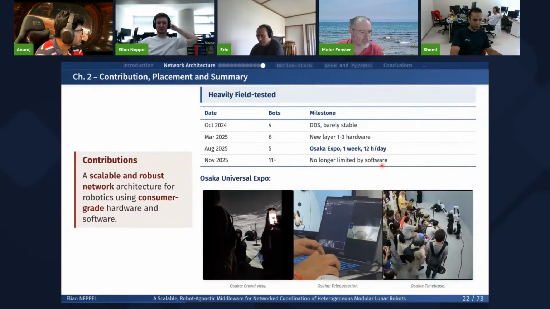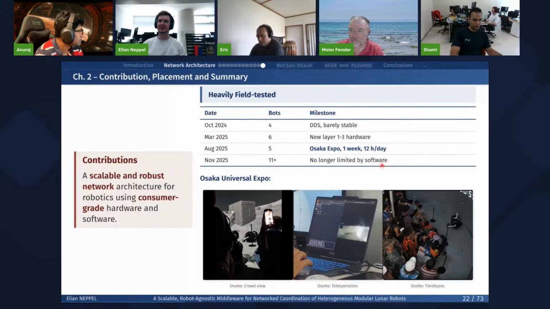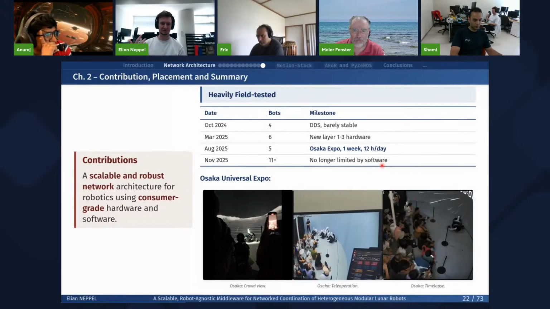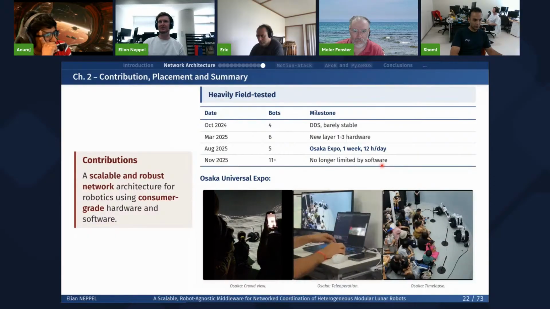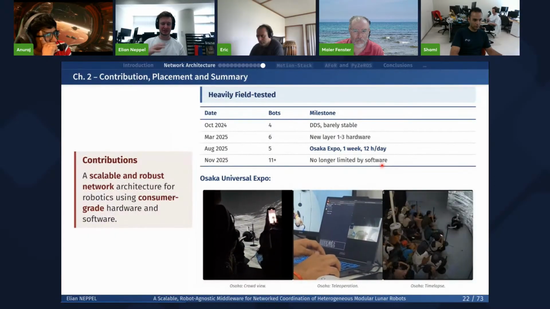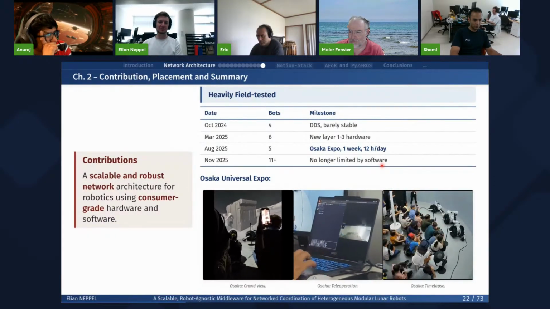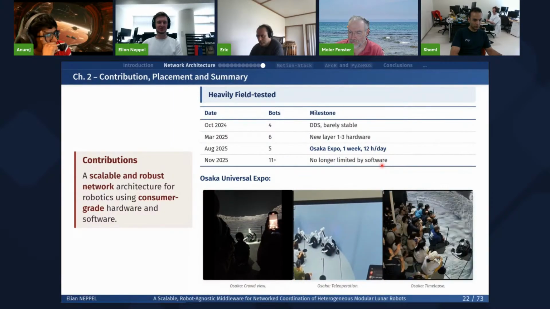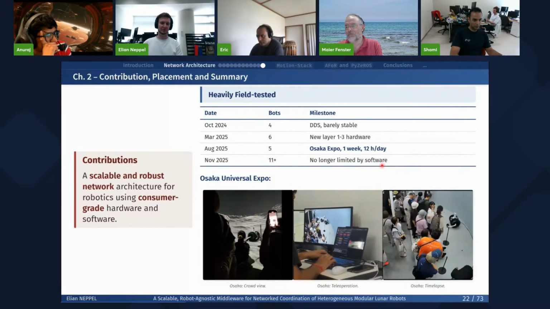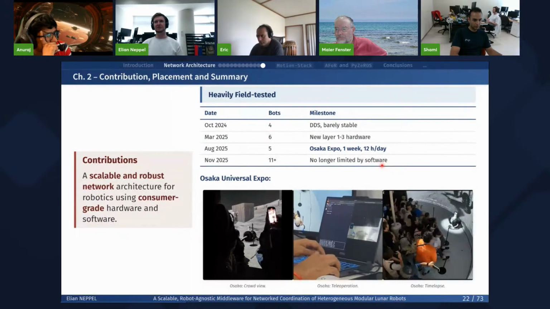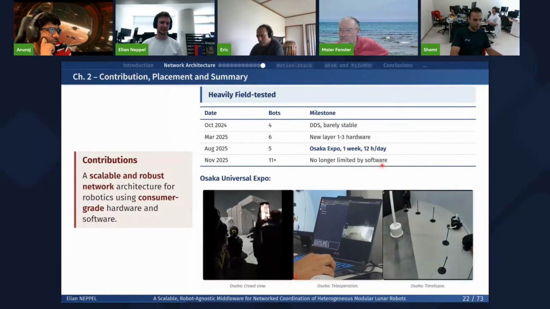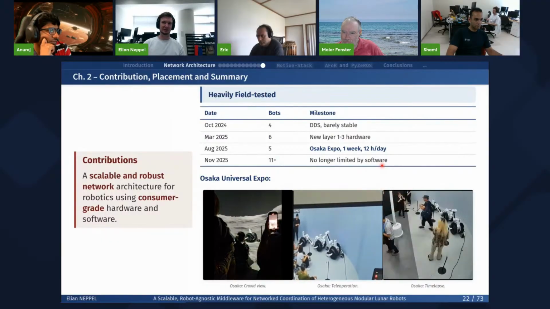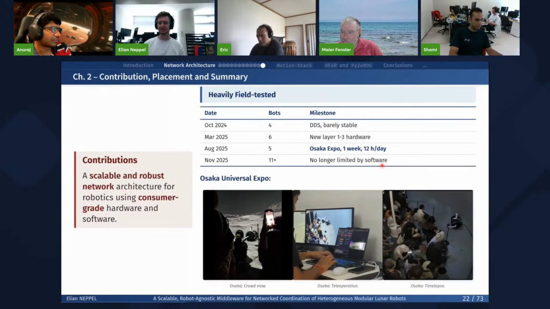This lasted one week, where we had to operate the robots every day, 12 continuous hours per day, in front of the crowd. We could not afford a network failure or to have the robot stop, otherwise the crowd would have been very disappointed. So we can see that it's very robust in the end.